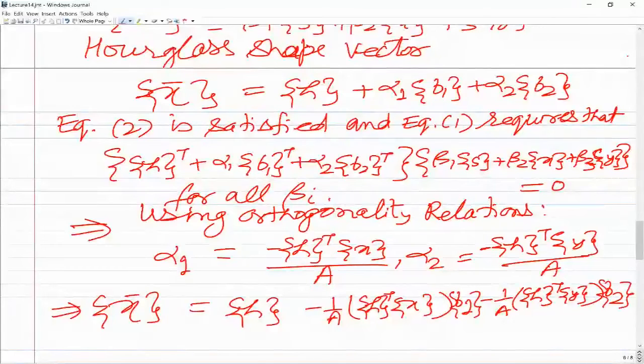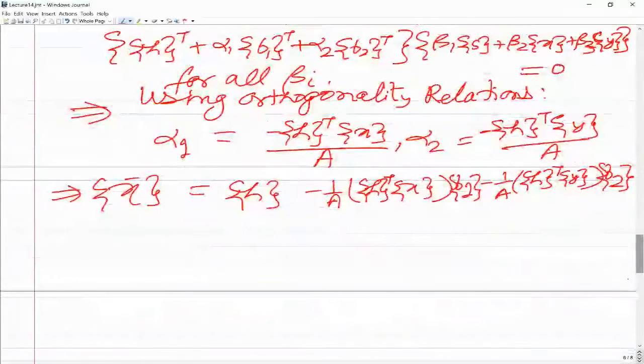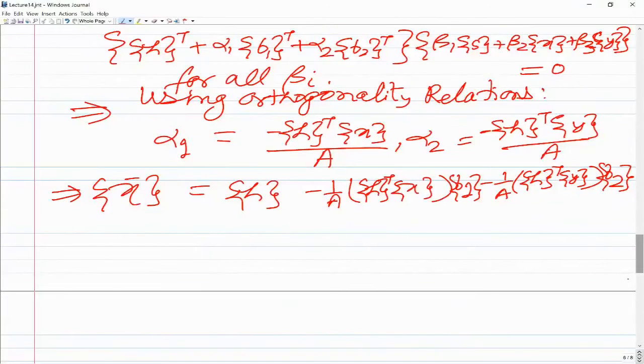So this is what is going to be your gamma bar vector, and we are going to construct the stabilizing stiffness matrix using this gamma bar shape vector. This form of gamma bar is to control the W hourglass. Similarly, the second and third hourglass modes, which are theta x and theta y hourglass modes, can be controlled